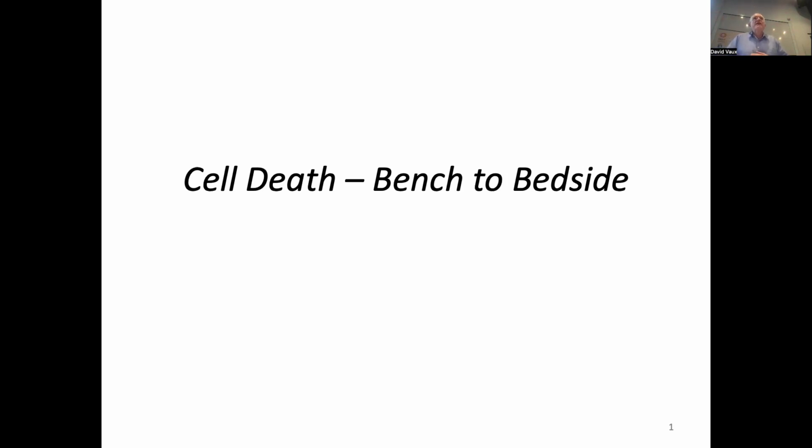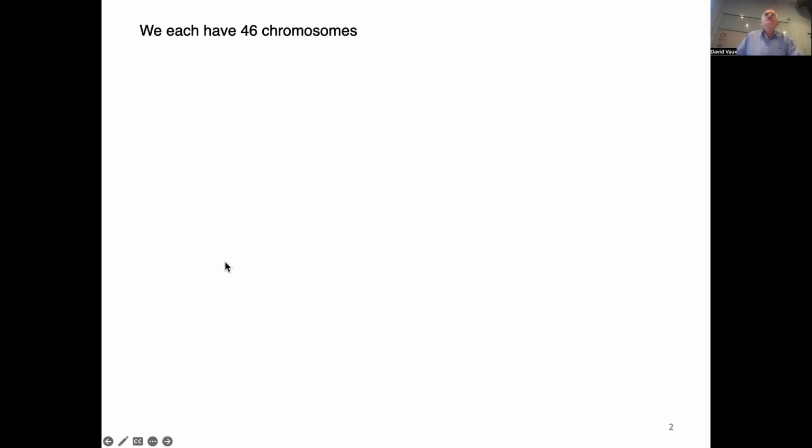This talk is going to be a sort of personal history of research in cell death. So, cell death: bench to bedside. To get the first slide going now. So all of us have 46 chromosomes, and it was only discovered in the 1960s that that's how many chromosomes